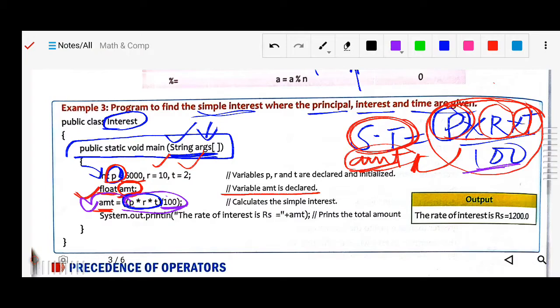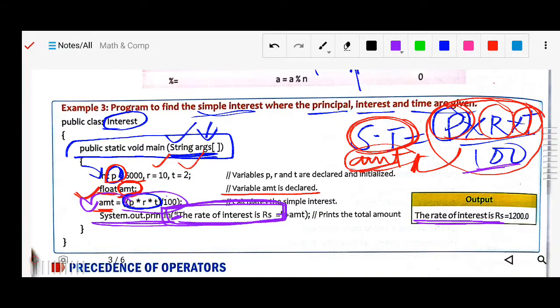Now System.out.println means we will get the printout on the screen. We will get the rate of interest, written in double quotes. Whatever is written inside the double quotes will be displayed as it is. So you can see the rate of interest is displayed.